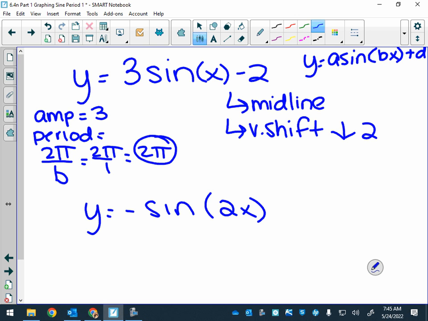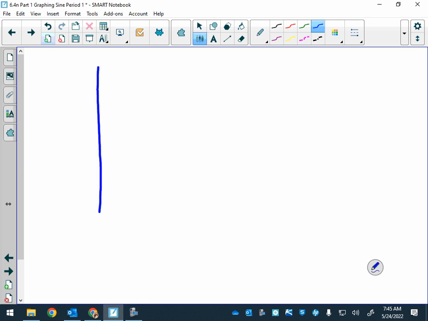Okay? For sine functions, where do you typically start? Where do you start for sine functions? Always. Where do we start? Did we start at the minimum, midline, or maximum? Eva? The midline. Good. Okay, so if I was to graph this,